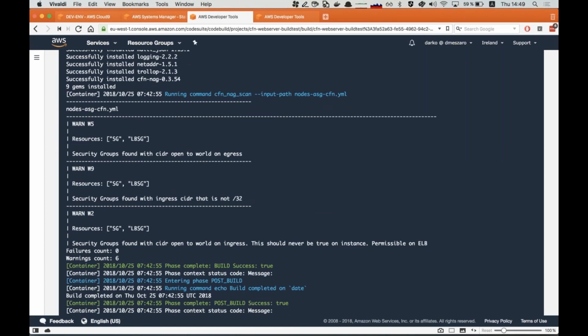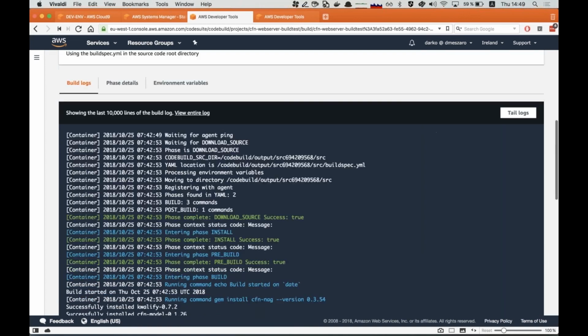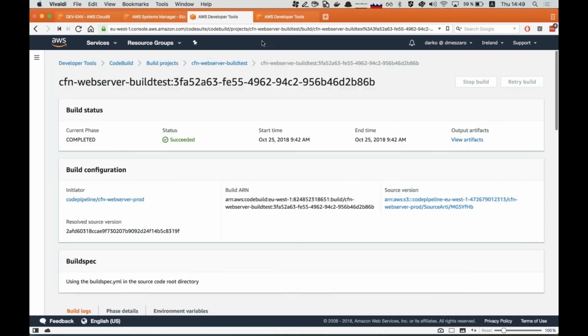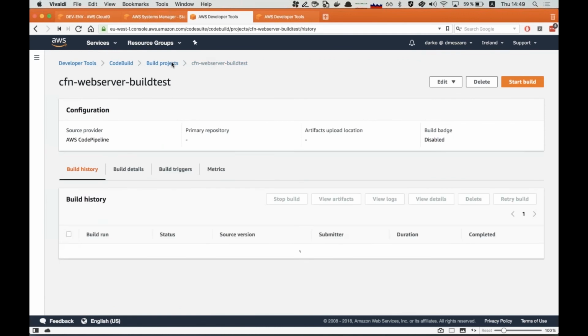I have security group ingress rules that are not /32 and rules open to the world on egress, which again is not best practice, but for the sake of demonstration, I just left it as is. If it was something really critical, it would fail. So going back